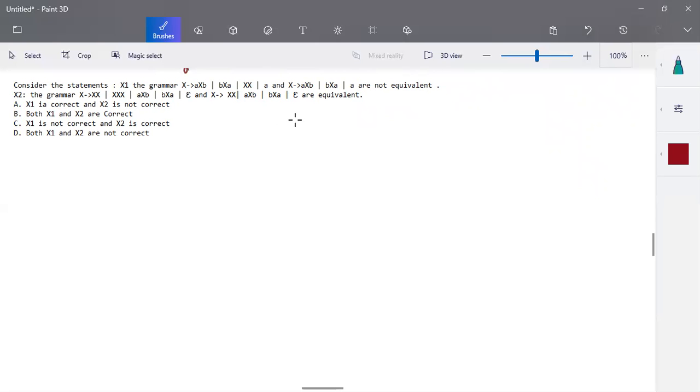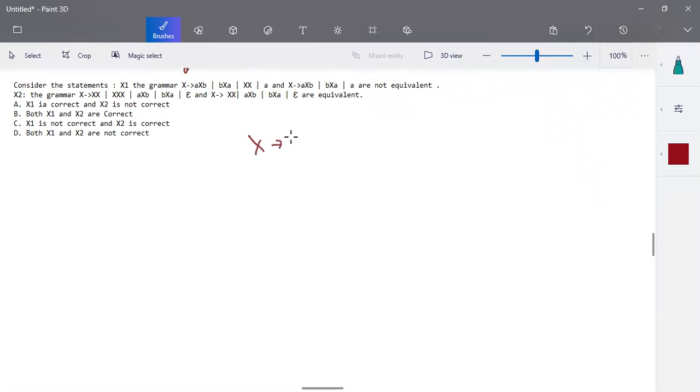Okay, the first statement is they have given two grammars and they said that both the grammars are not equivalent. So equivalent in the sense like they are not accepting the same set of tokens. Always equivalence checks with the set of tokens it recognizes. Okay, so if at least one input is accepted by one grammar and it is not accepted by the other grammar, then we can say that they are not equivalent. Any one grammar, any one input symbol. Okay, so we consider these two